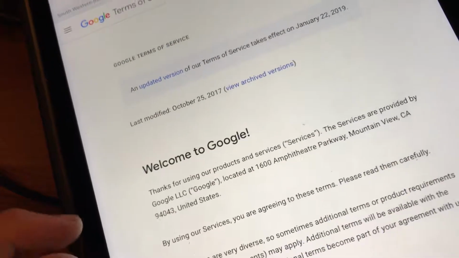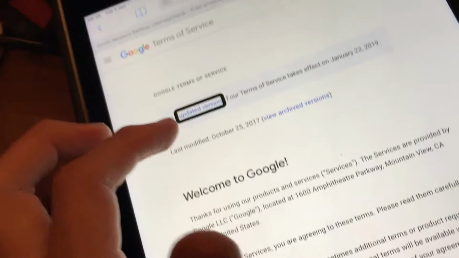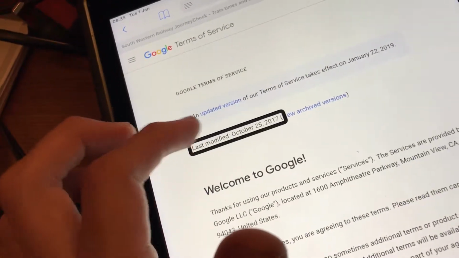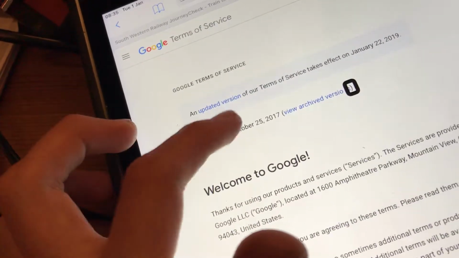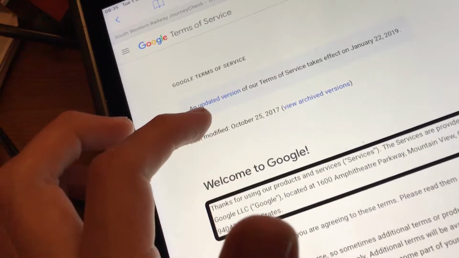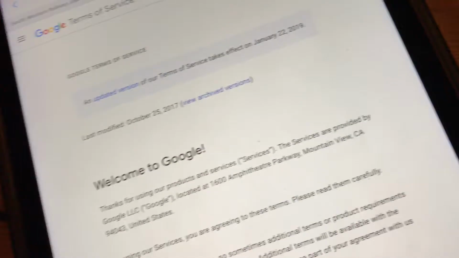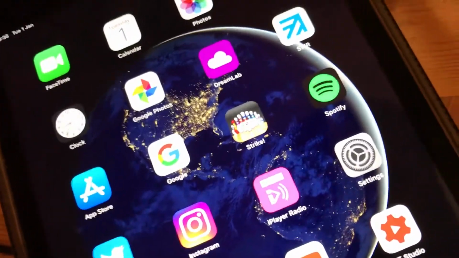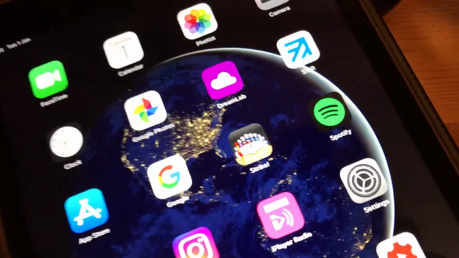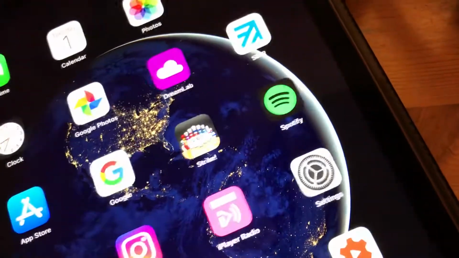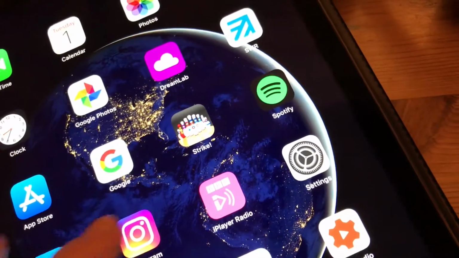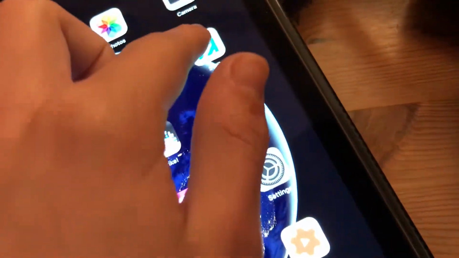So let's say reader available, updated version link of our terms of service, last modified, view archive. Welcome to Google, thanks for using our products and services. The services are provided by Google LLC. VoiceOver off. See, it basically reads out what's on the screen,